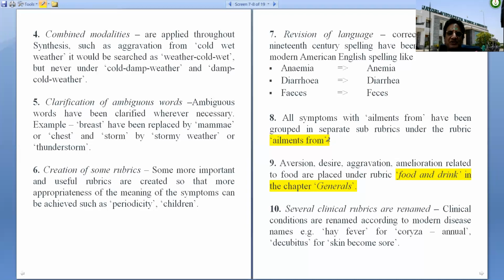The thermal of the patient is that the patient is chilly type. So these are the main symptoms, and the complaints are worse since the loss in business, and the patient is thinking much about that loss in business, that financial loss, that is the ailment from.